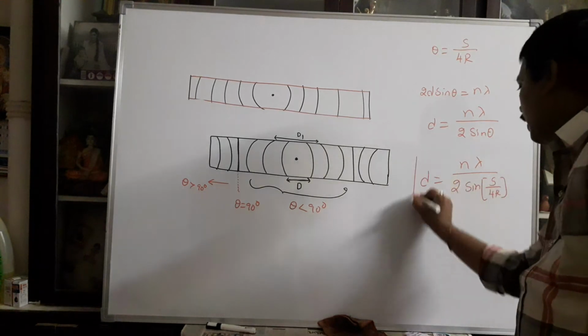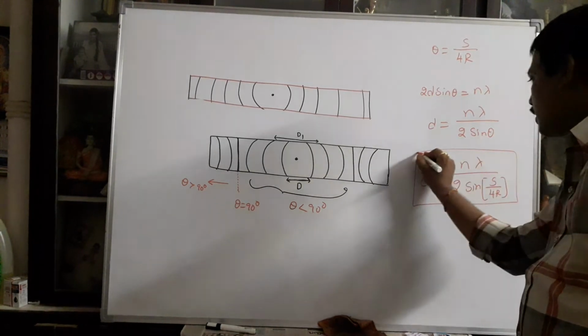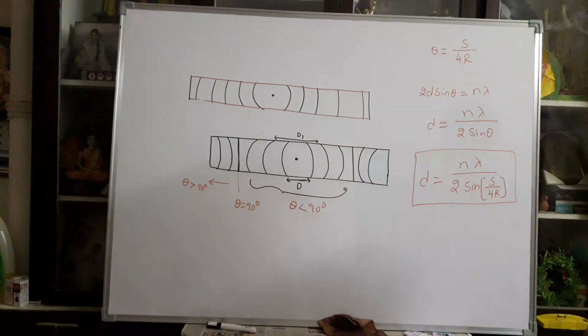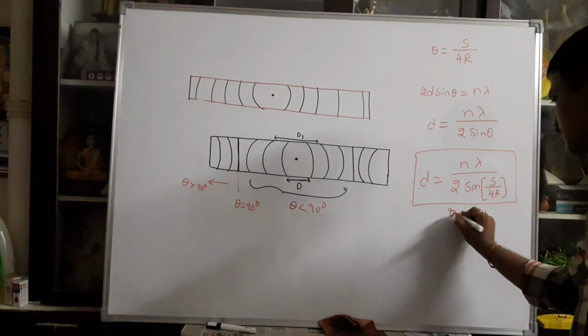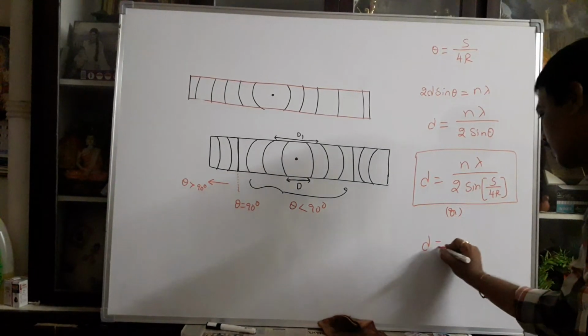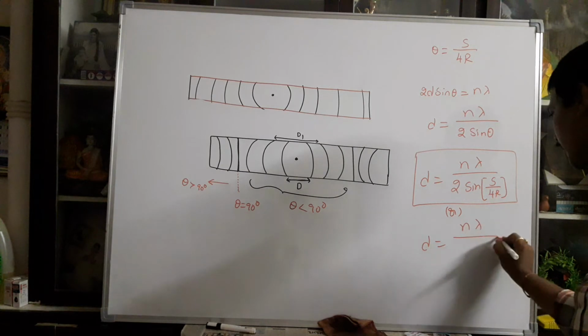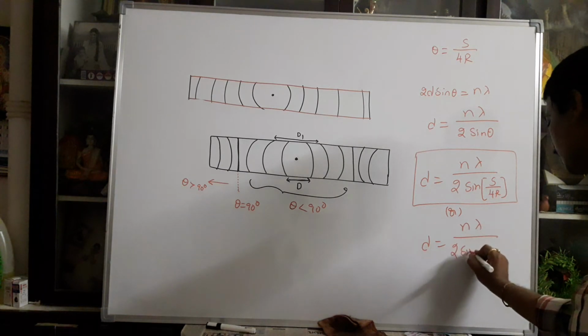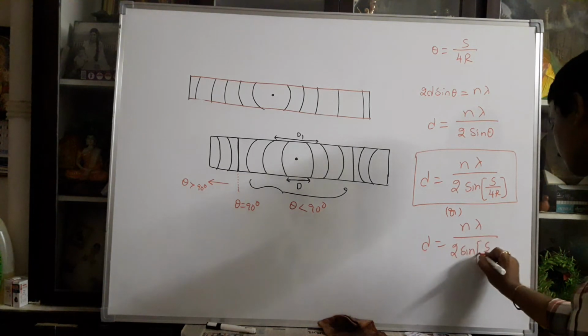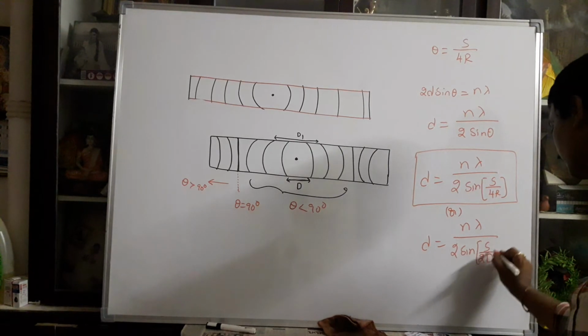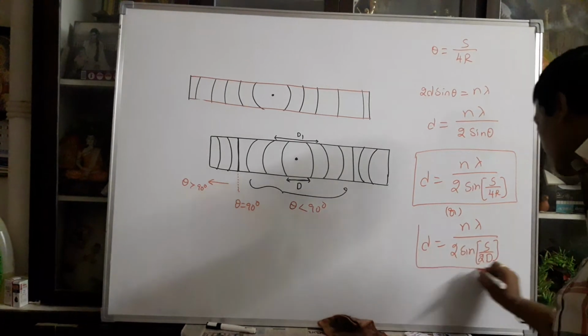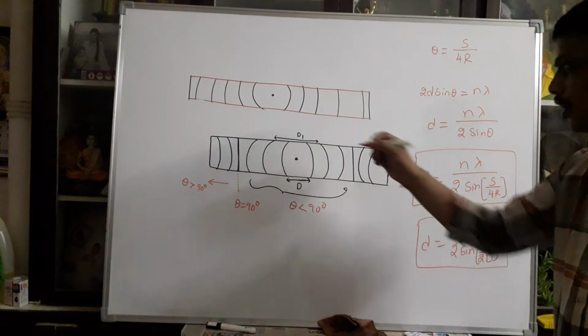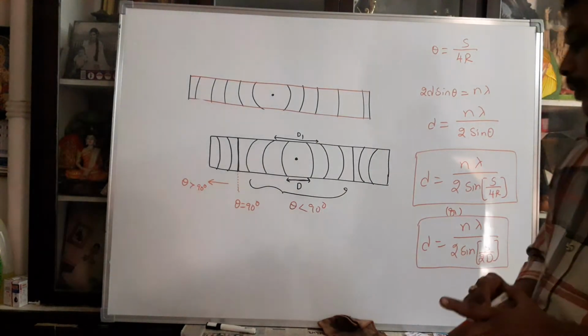This is the interplanar distance calculation by using the powder method. This formula can also be written as d is equal to n lambda by 2 into sin of S by 4D. Why I am representing it in terms of D is that, according to the photographic pattern observed,